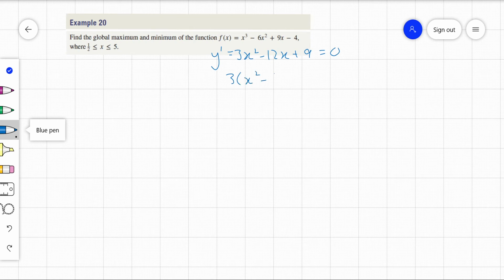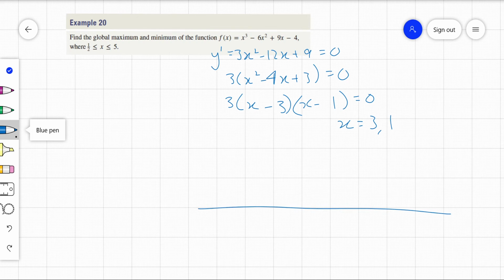So I've got x squared minus 4x. I feel like we've done this one before, maybe. So I'm going to get a 3 and a 1, and I want those to be negative. There we go. So at x equals 3 and 1,